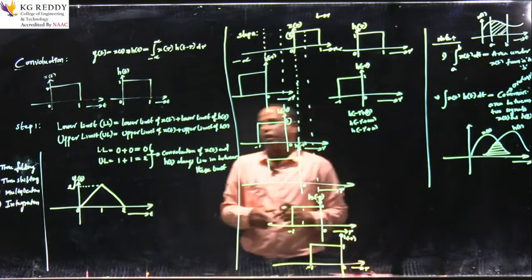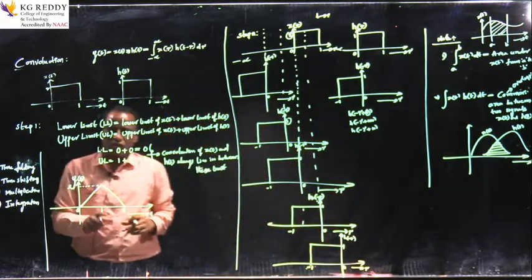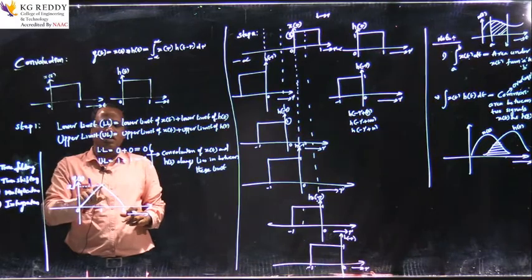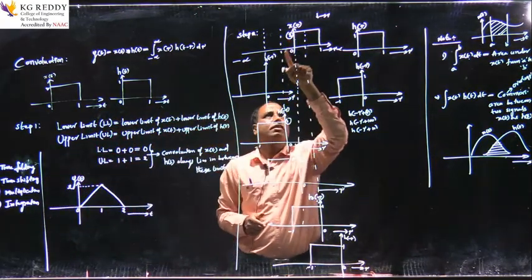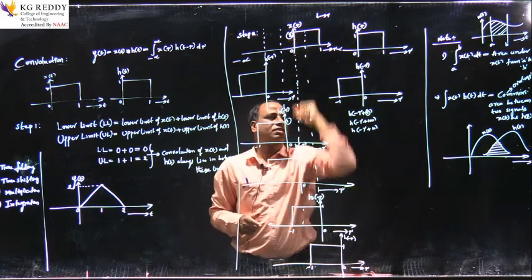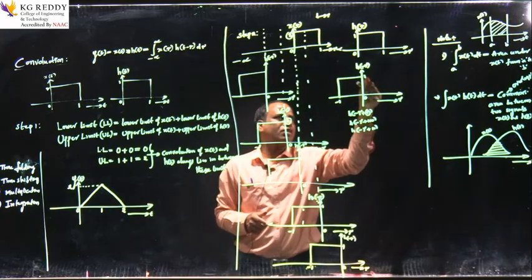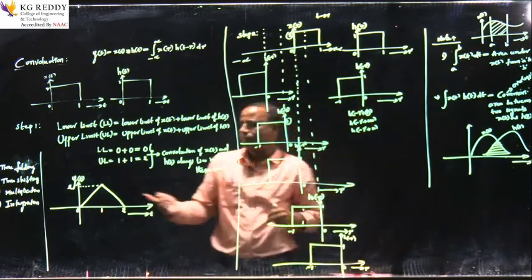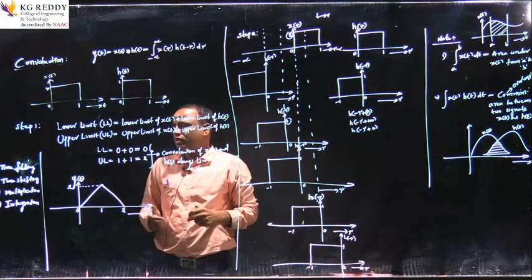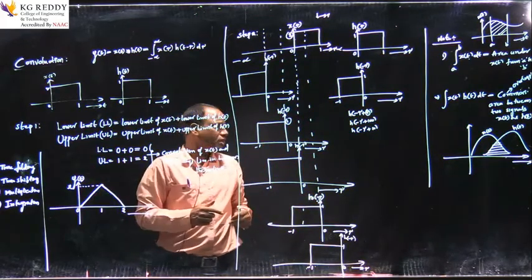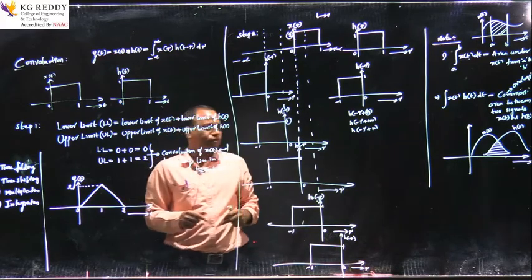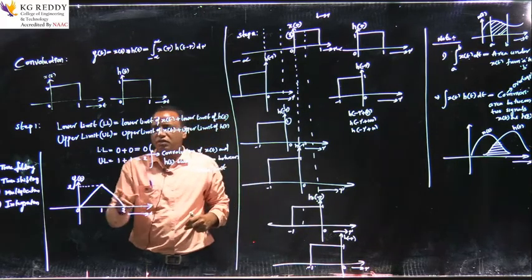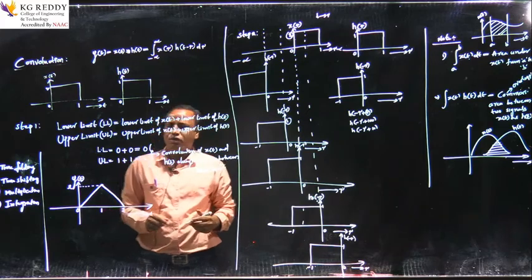And after sketching this convolution of the two signals, in order to determine the amplitude, we multiply the magnitude of the first signal with the magnitude of the second signal h of tau, and this 2 into 1 becomes 2. So that is the reason we also perform this multiplication operation. Then integration. Performing the integration operation also, this is what we call graphical convolution.